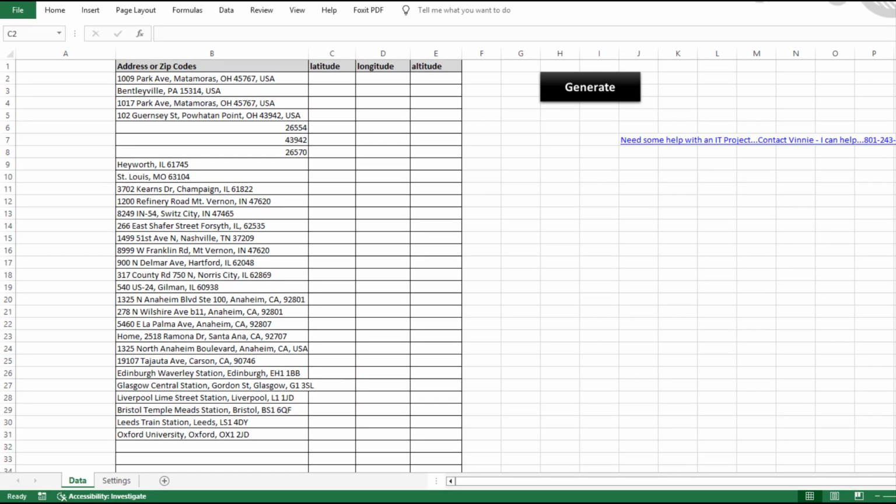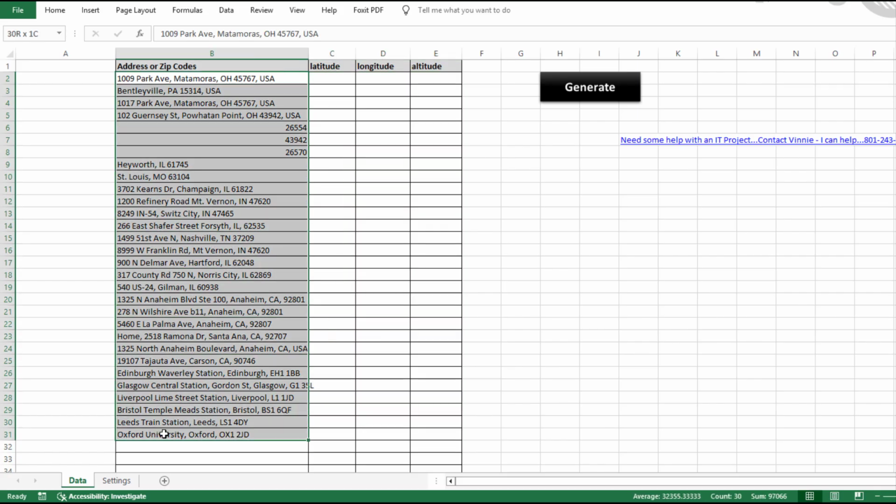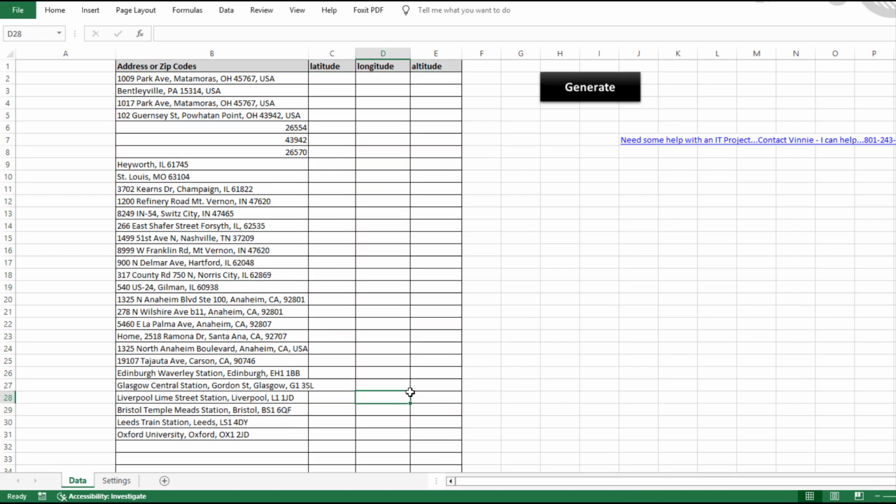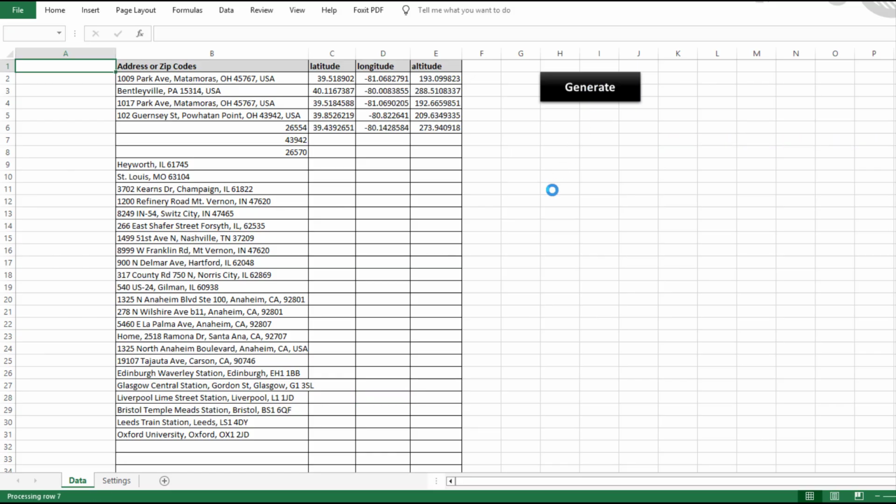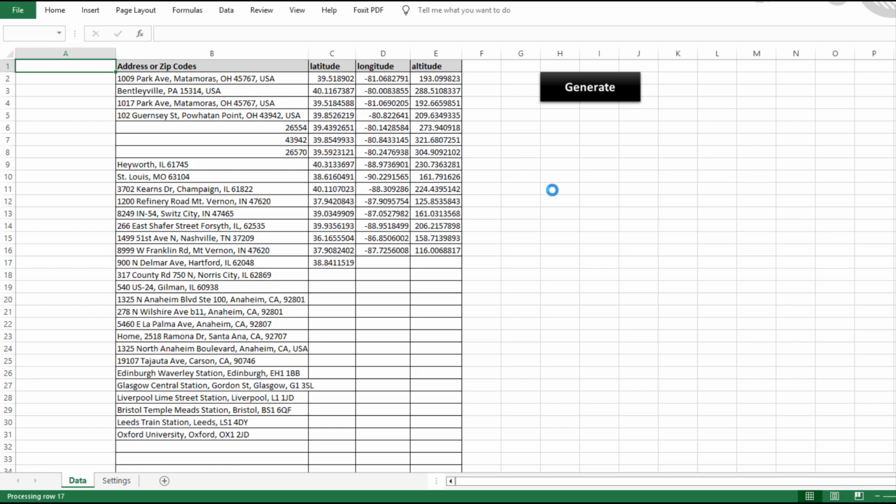Using it is super simple. Just paste your list of addresses into the sheet. Whether it's 20 or 20,000, this tool will handle it effortlessly. Then click the Generate button, and the tool will connect to Google Maps to fetch the latitude, longitude, and even altitude for each address. The results are neatly organized in columns, ready for use in mapping tools, reporting, software integration,